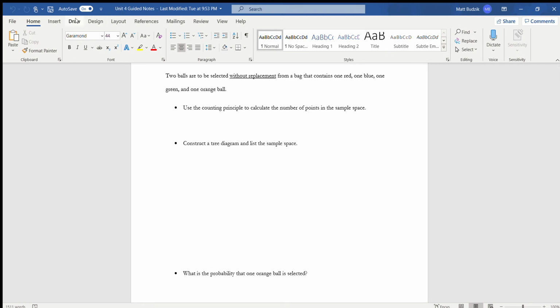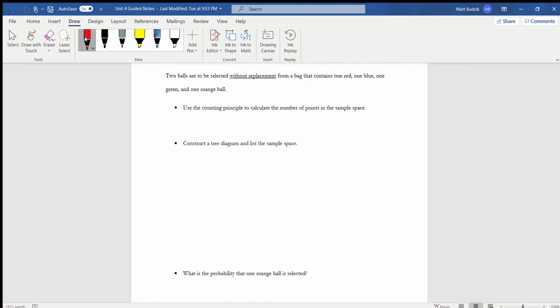Alright, so we're going to talk about these last two examples from our guided notes. First one, we have 2 balls are to be selected without replacement from a bag that has a red, a blue, a green, and an orange ball. So first thing we want to do is use the counting principle to calculate the number of points in my